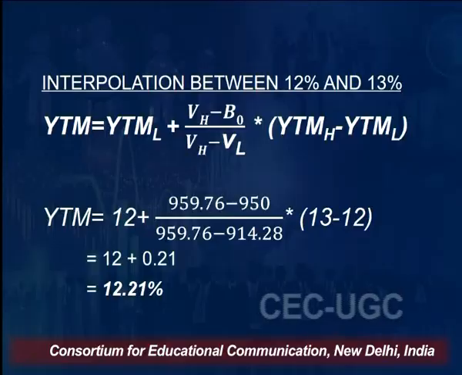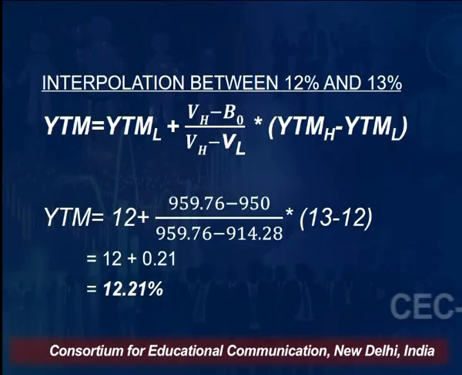What is our objective? We have to equate both the sides. That is, we have to make the current value of the bond equal to the present value, at the YTM rate, of the future stream of inflows which we are getting. We'll take help of the interpolation. And friends, by using the interpolation formula, we can find out what exactly is the value.